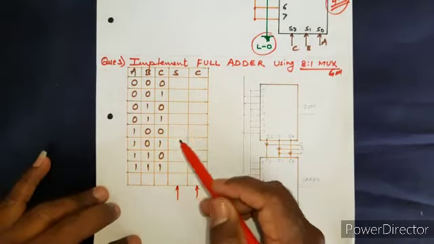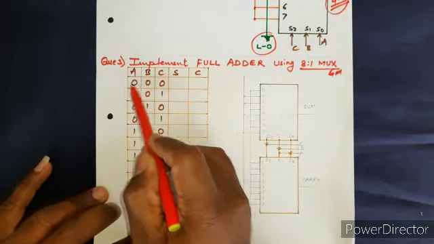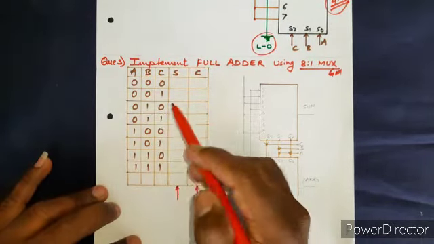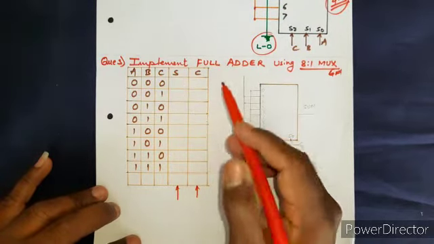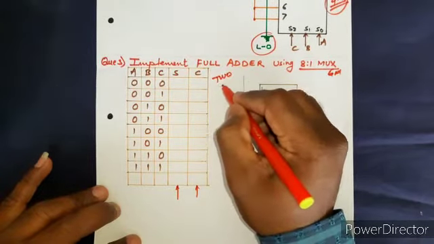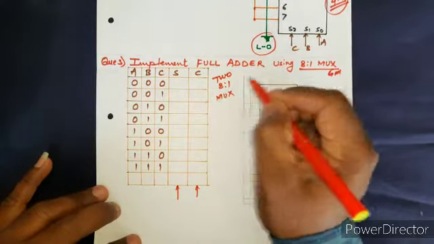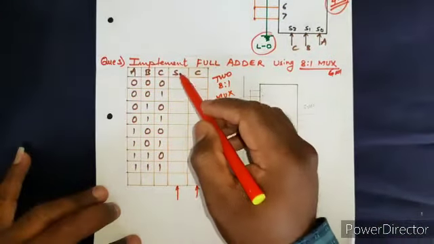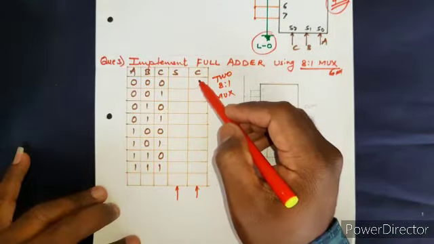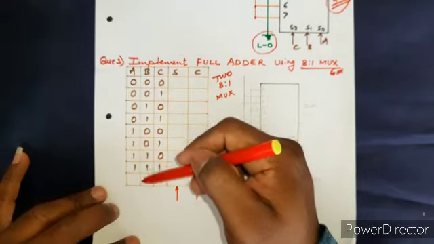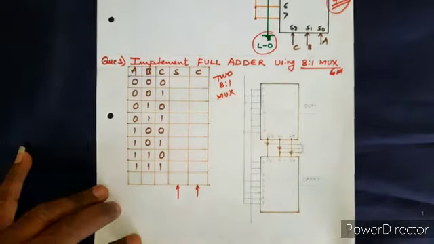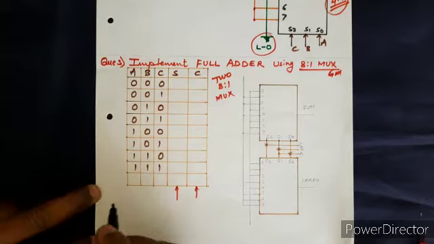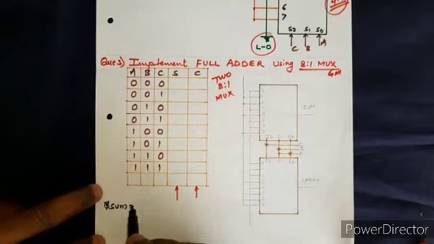Now according to logic, when I provide these input combinations, I should get 2 outputs, sum and carry. That is why here 2 8:1 mux are required. One is for sum and another is for carry, because sum also has 8 input combinations and carry also has 8 input combinations. So I need to first form the equation. So Y, or for sum, is equal to, let us consider SOP.